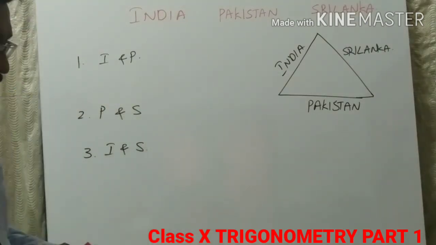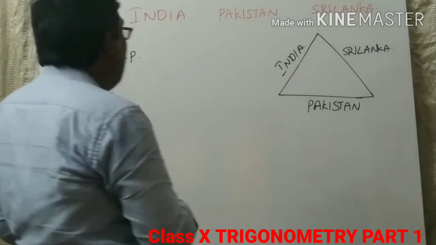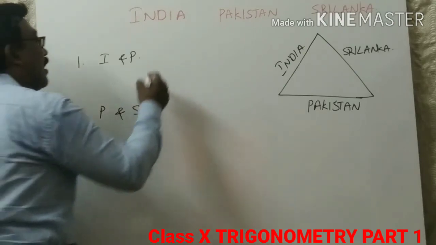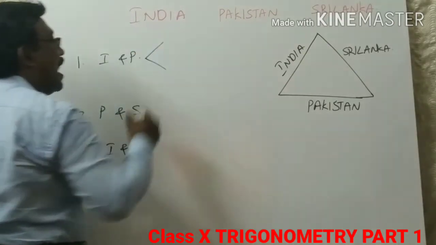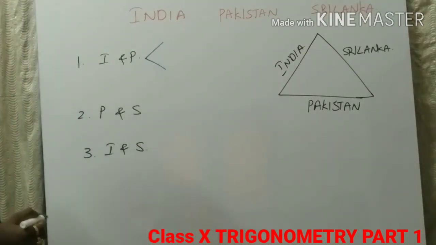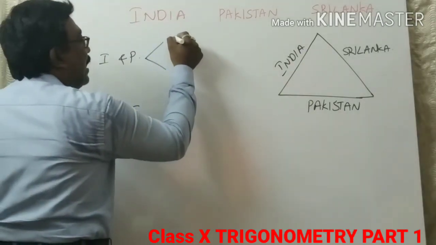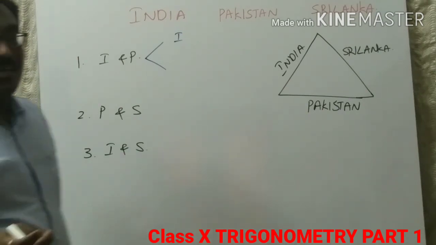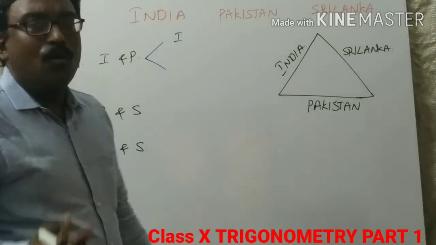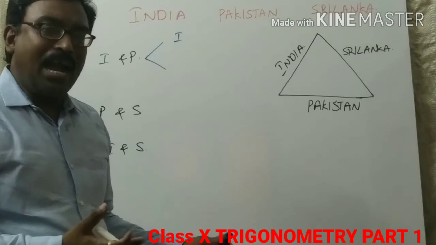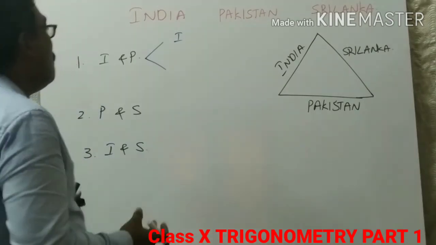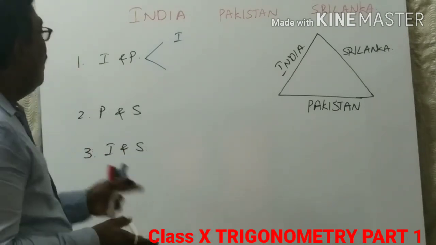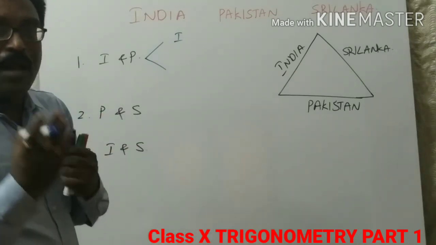Okay, match. Now, what are the possibilities for the batting teams? Batting teams means if India is batting, then Pakistan will be bowling. If they give a toss, whoever wins the toss will choose either to bat or bowl. Suppose India won the toss, then India chooses batting.